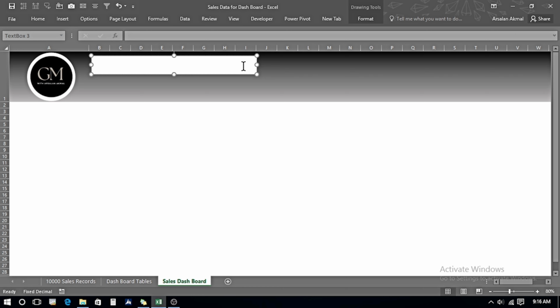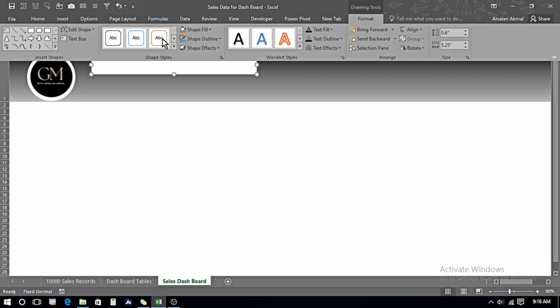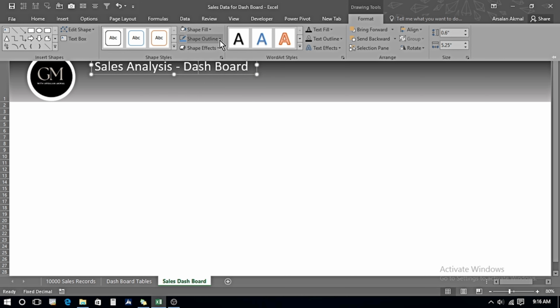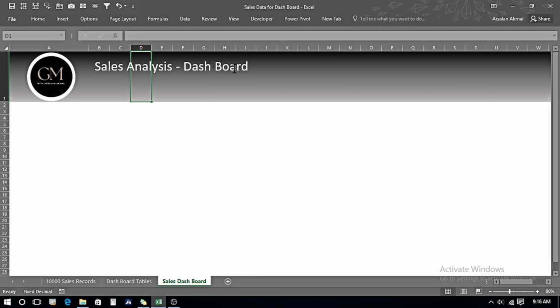Once clicked on this text box, I will go in Format, Shape Fill, Remove Fill, and then Shape Outline, no outline. So this is the first heading.